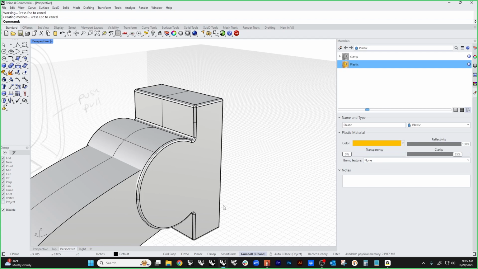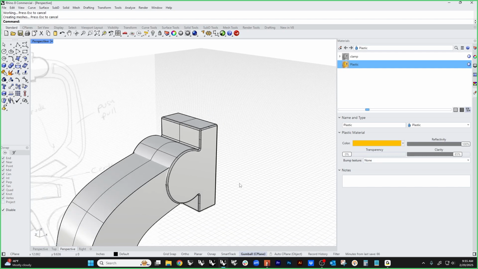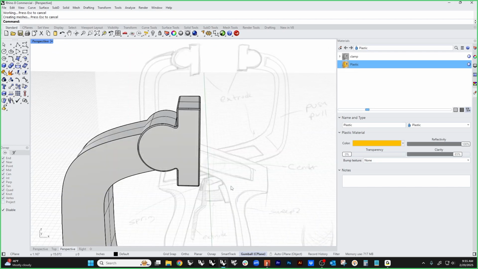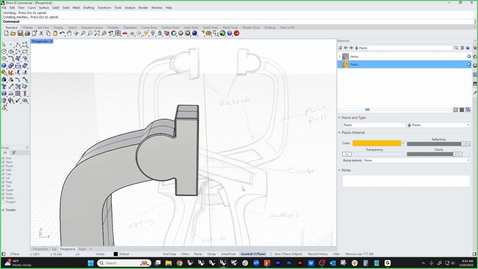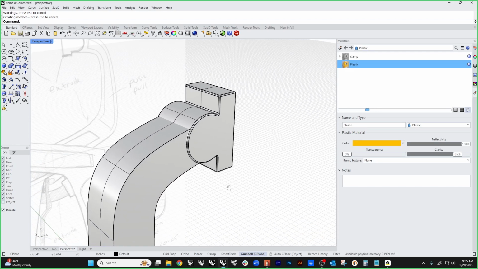Each subsequent fillet that you apply on a Rhino model has to be slightly smaller than the other one in order to be able to fit in the radius that the original fillet created. Okay? There's math people out there that can explain exactly why that is. I'm not one of them. So